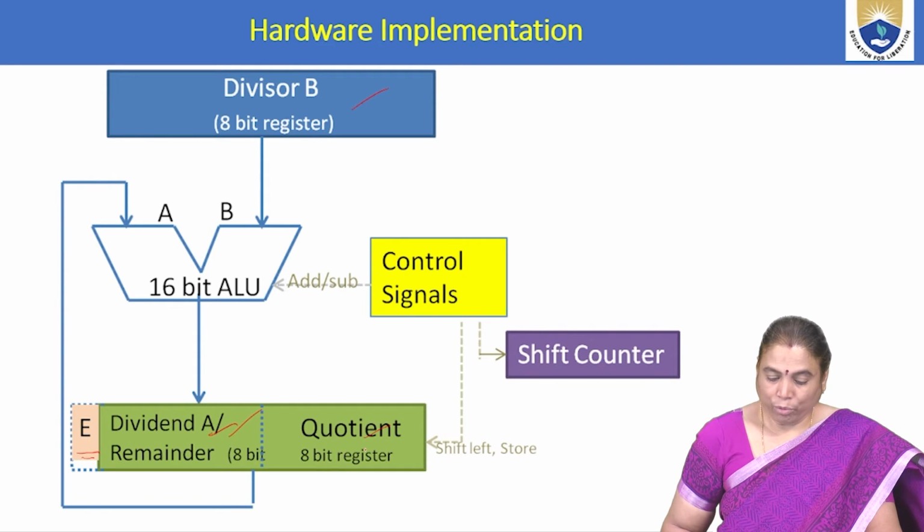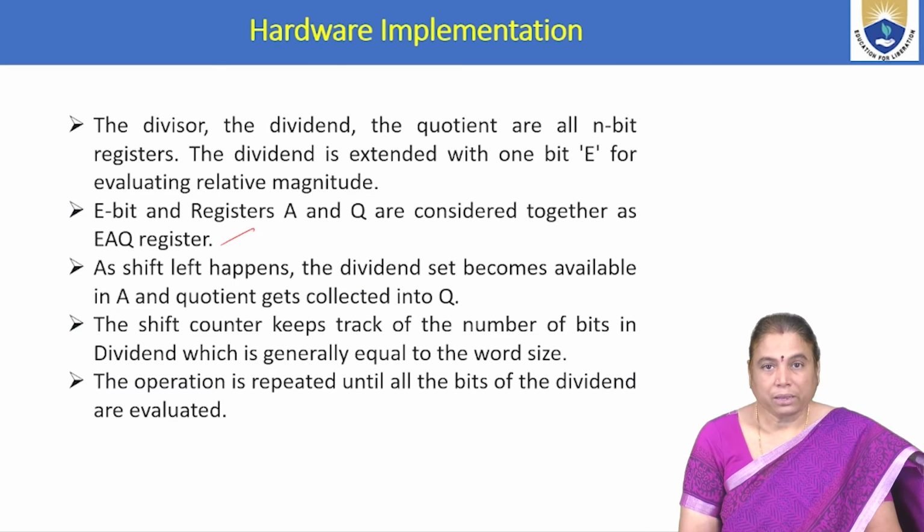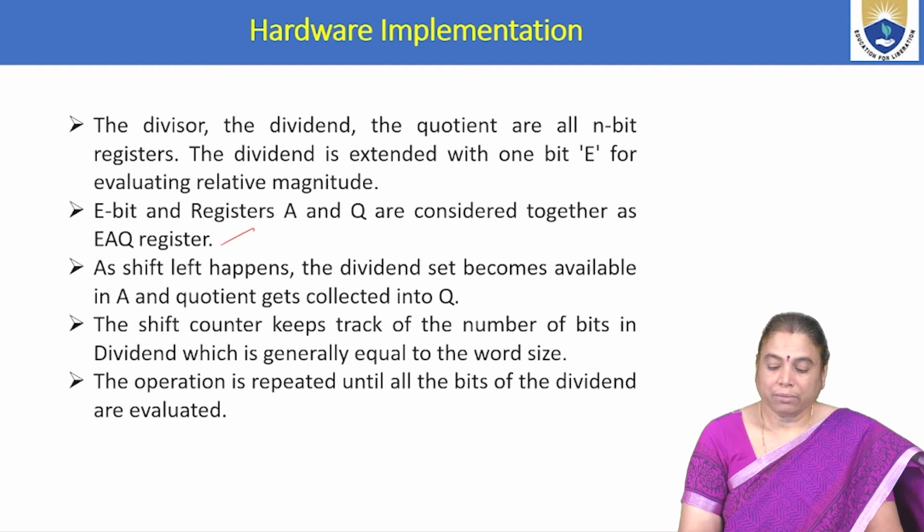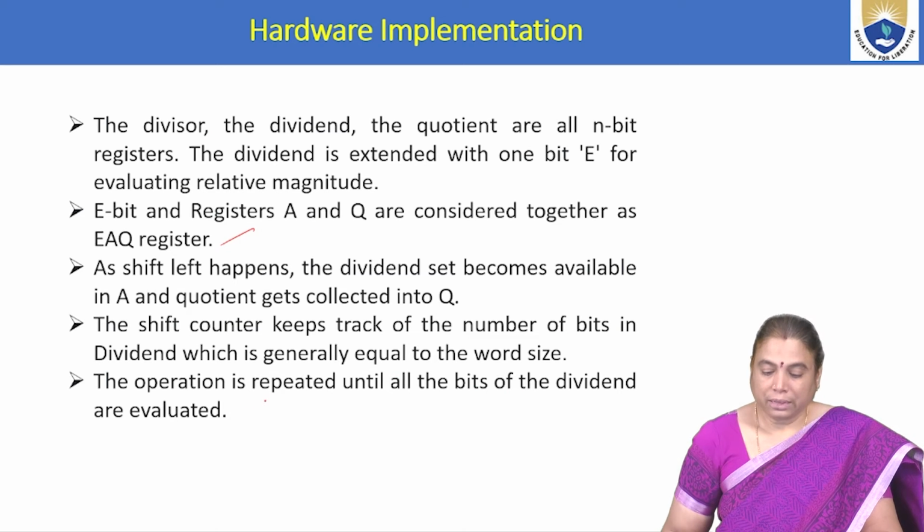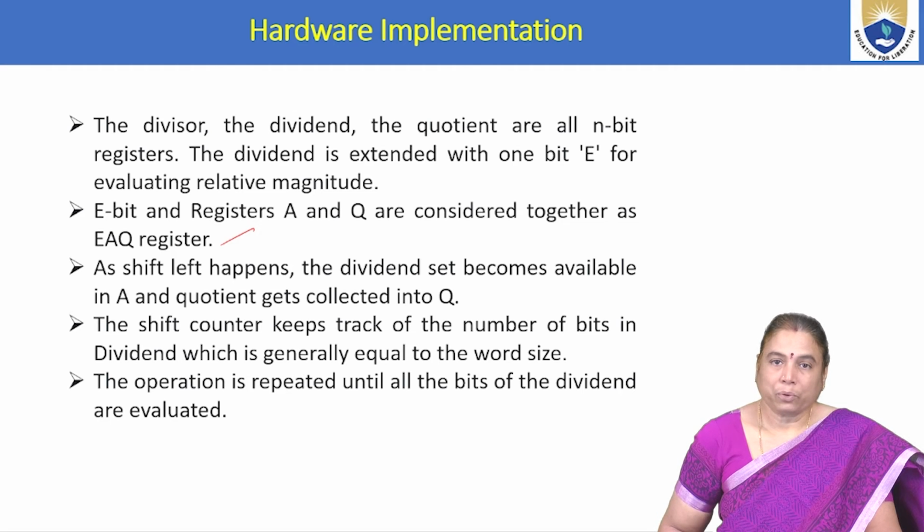So on EAQ, we have to perform the shift operation. As shift left happens, the dividend set becomes available in A and the quotient gets collected into Q. The shift counter keeps track of the number of bits in the dividend, which is generally equal to the word size. The operation is repeated until all bits of the dividend are evaluated. So in this way, the hardware can be supported to perform the binary